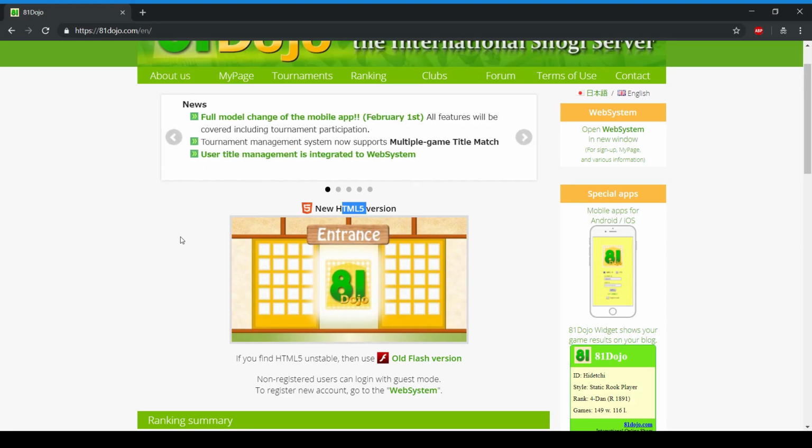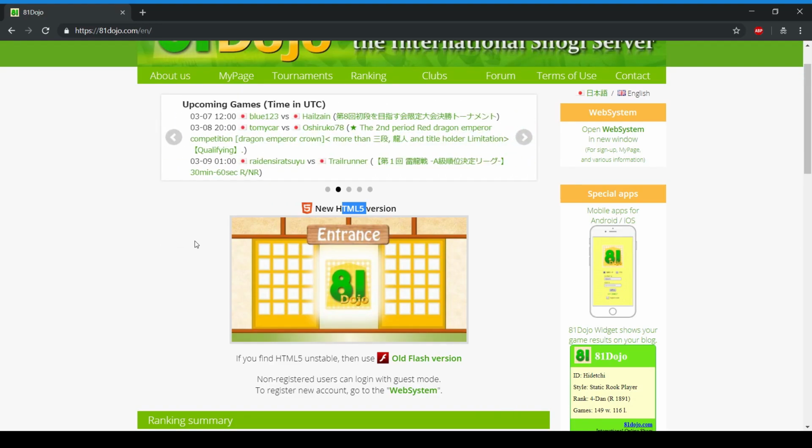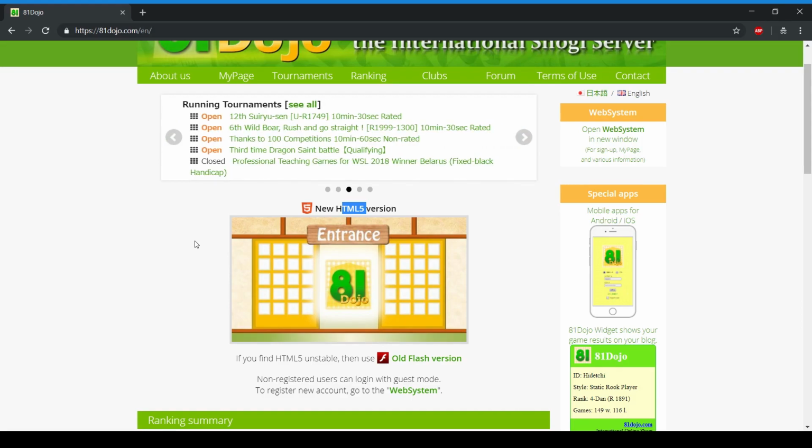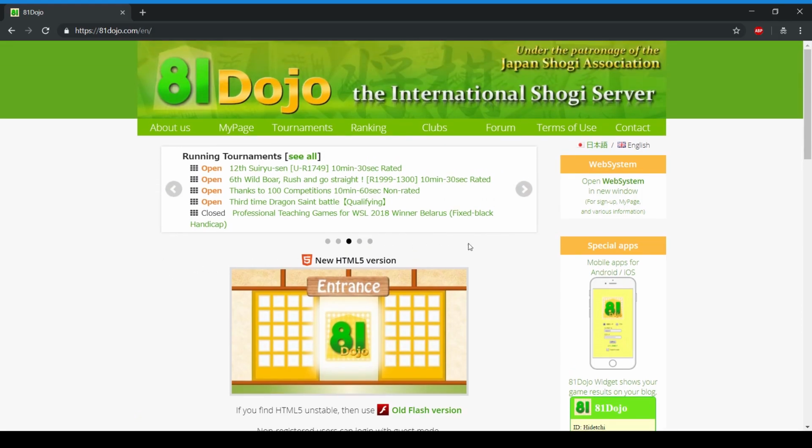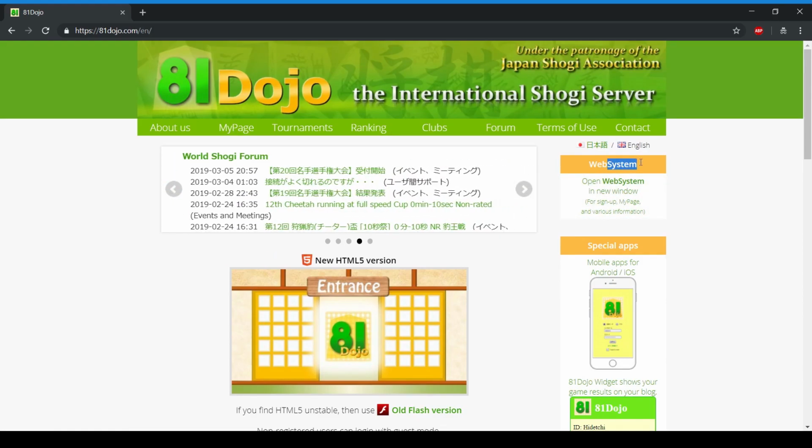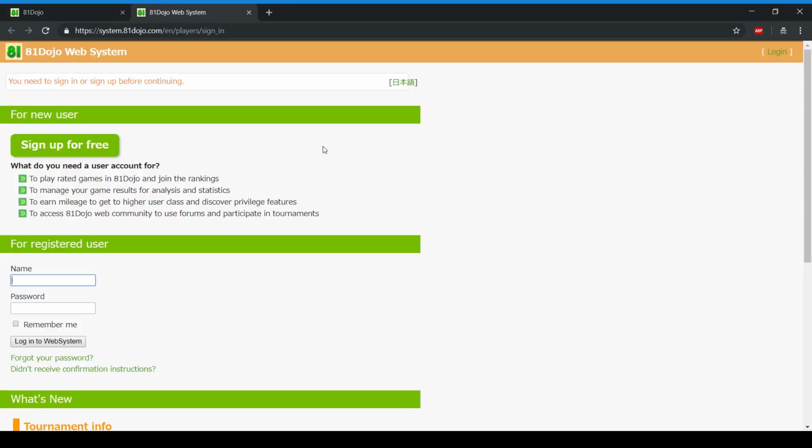So what if we want to be able to chat, and if we got interested in Shogi, we want to make our own username? Then you come back to the main page and you click this web system, which says open web system in new window for sign up. So when you click it, a new tab opens, and you can click this button for sign up for free,